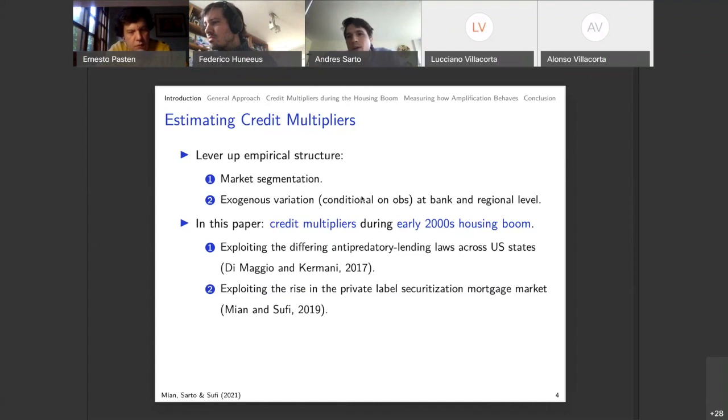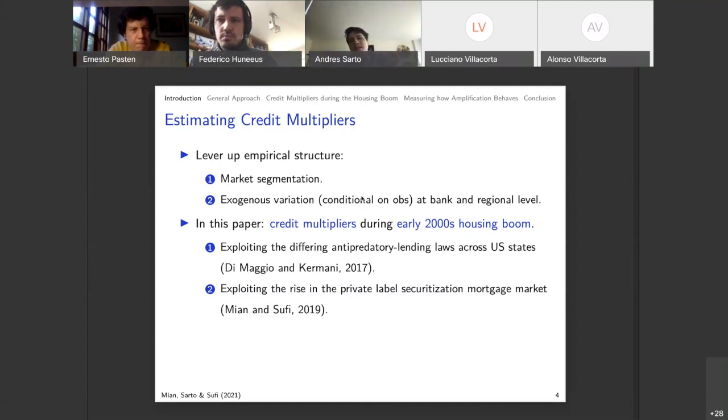And so we are working on a third one. I'm going to show you two. Now, one is based on the Di Maggio and Kermani 2017 Review of Financial Studies paper, where they use the anti-predatory lending laws across US states. And the other one is going to be Mian and Sufi's paper on credit and housing speculation, which also, this